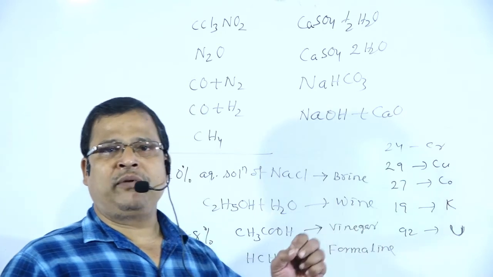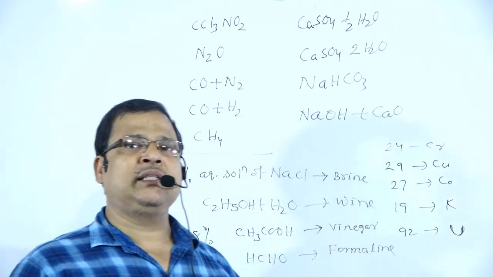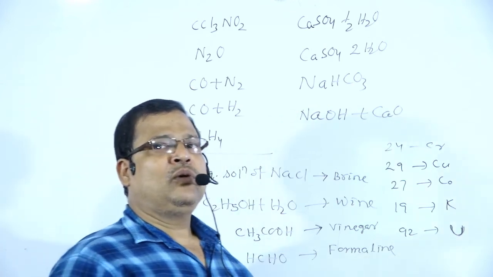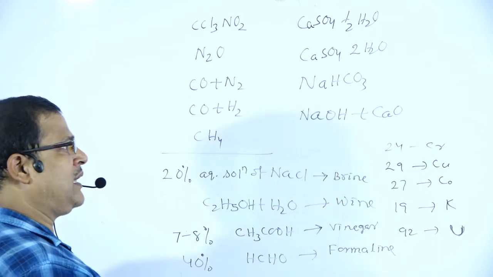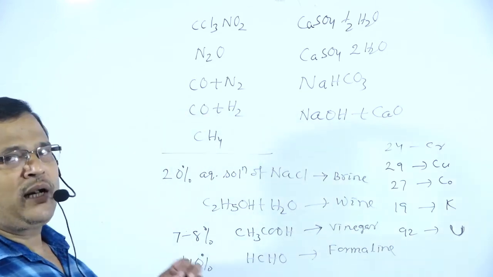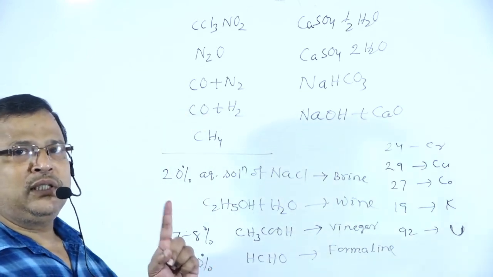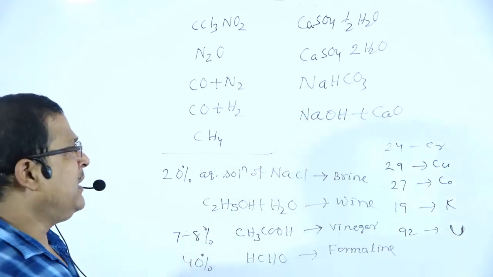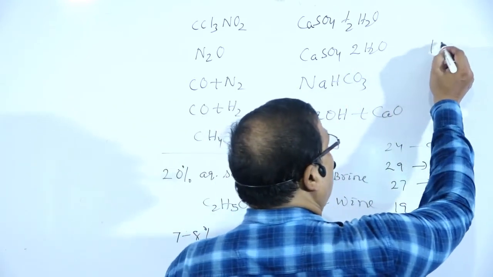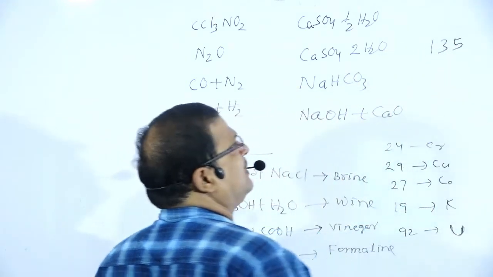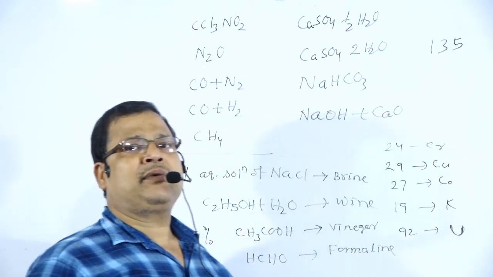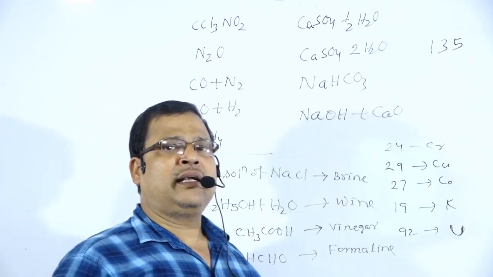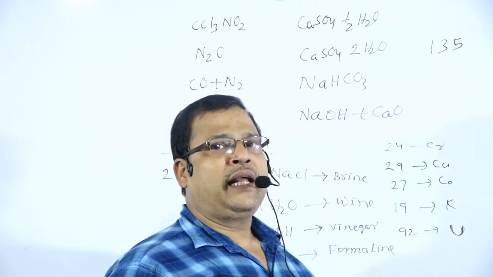Already we have given certain examples of the IUPAC naming of these elements up to 130. You have written that. Beyond atomic number 110, we have certain rules: 0 is nil, 1 is un, 2 is bi, 3 is tri, 4 is quad, 5 is pent, 6 is hex, 7 is sept, 8 is oct, 9 is enn, and the name ends in ium.